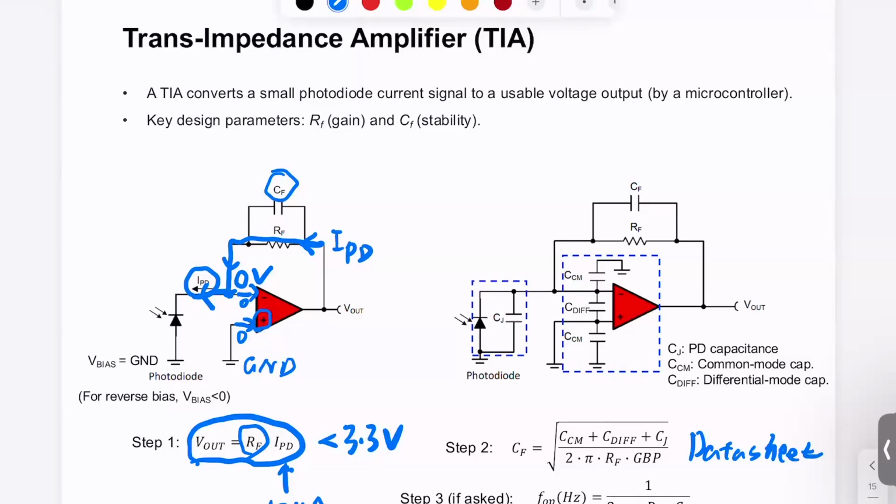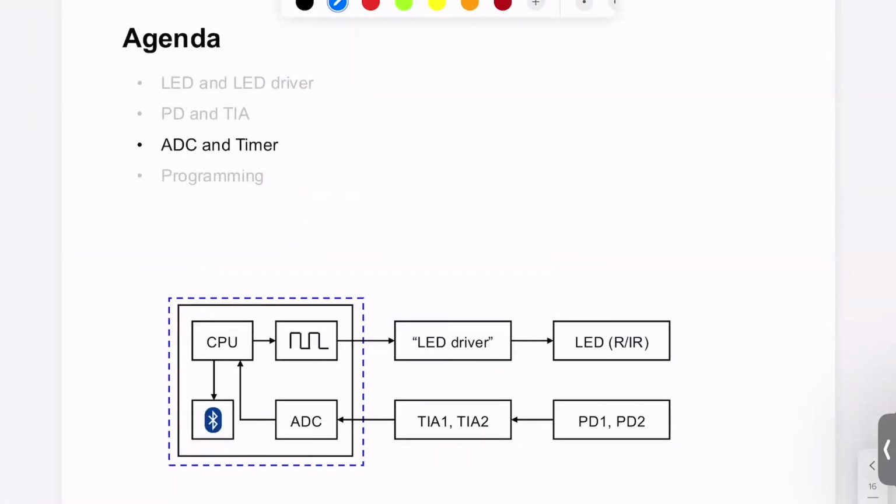So are we good to move on? I know I didn't go very deep into this, but based on information from the datasheet and these two formulas, you should be able to design your TIA in your lab. So the next part is